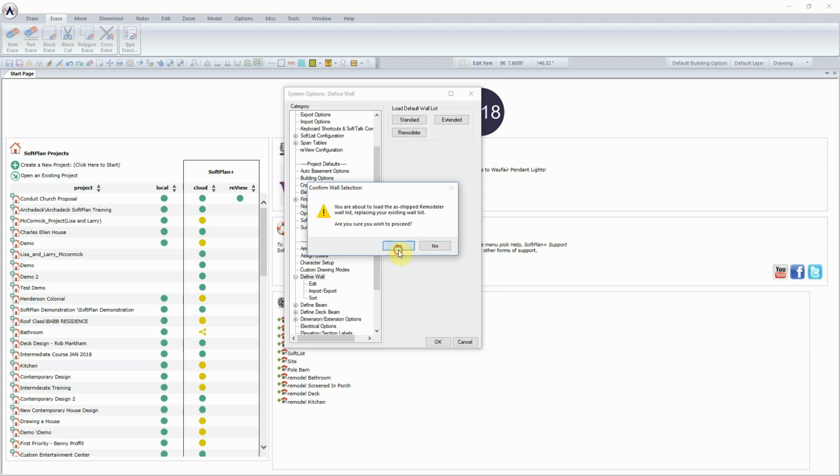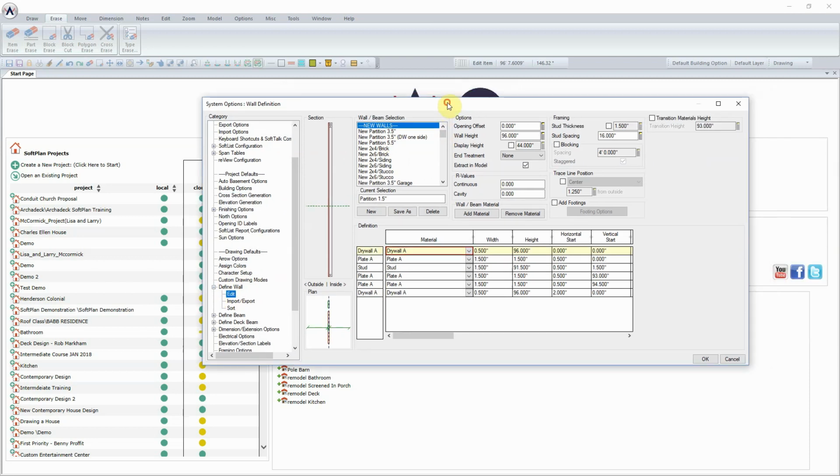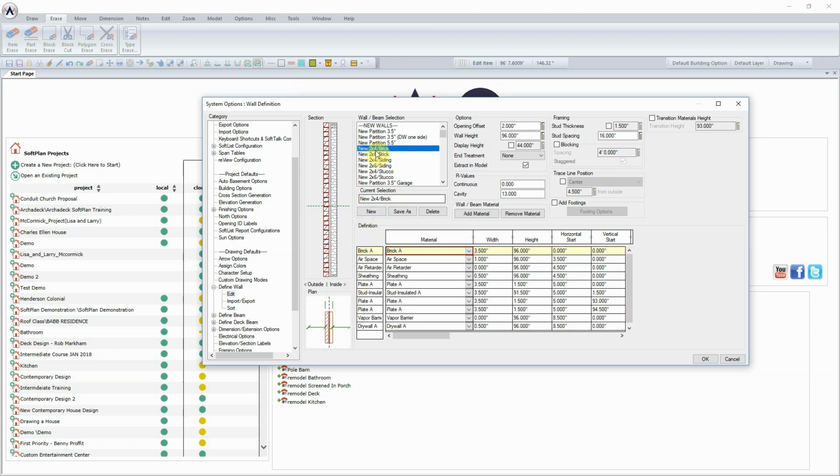And so I'm going to load this, and when I load that wall list in and select Edit, what it's going to show me is that I actually have the ability here now to draw with new walls. So if I click on a 2x4 brick wall that's new, we can see the design of it there. And as I scroll down and I select, let's say, an existing 2x4 wall, the difference here is